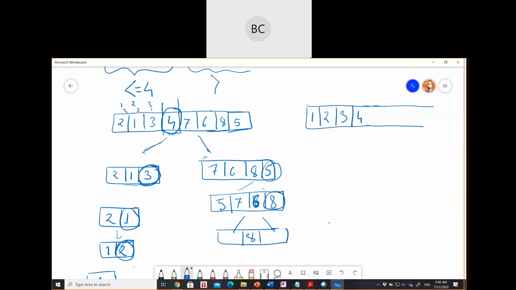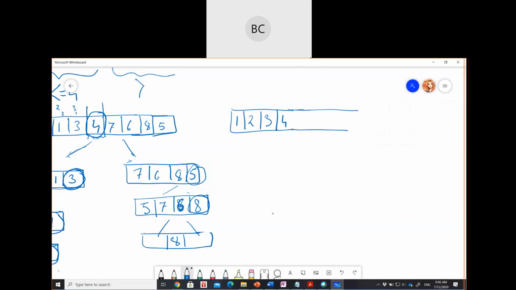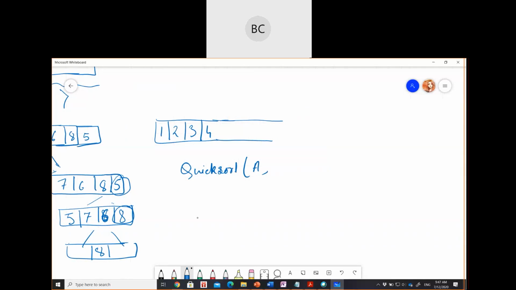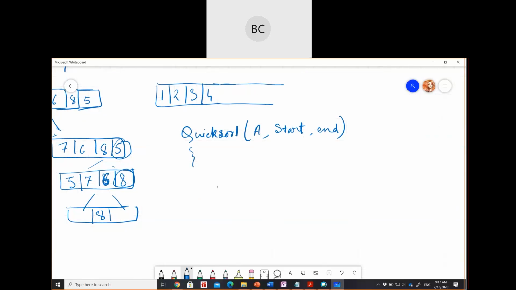Is this portion clear to everyone? So if this is the case, how can we write it programmatically? Suppose I write quick sort. Here I'll take your array A, and I also need to find the start and end, right? Start and end, I need to know that, because based on that I'll select the pivot point. Okay, so once I call this quick sort on the whole array, what I'll do,